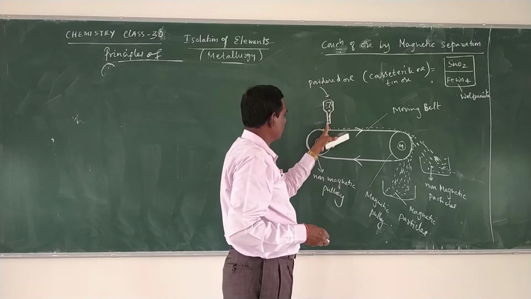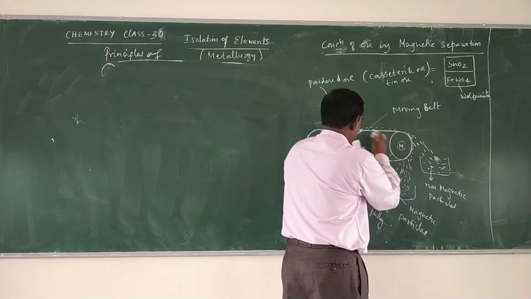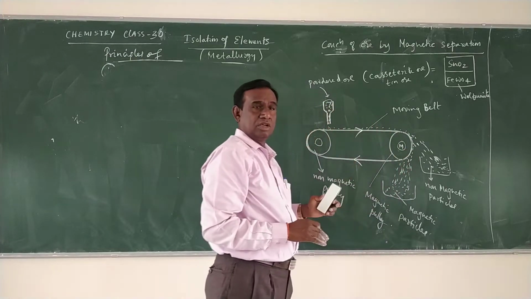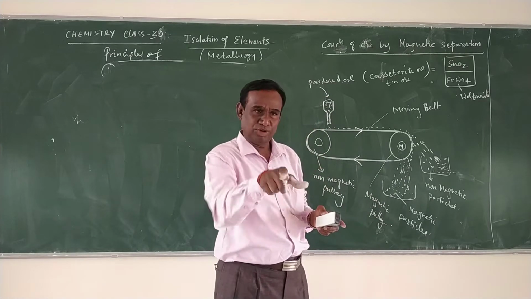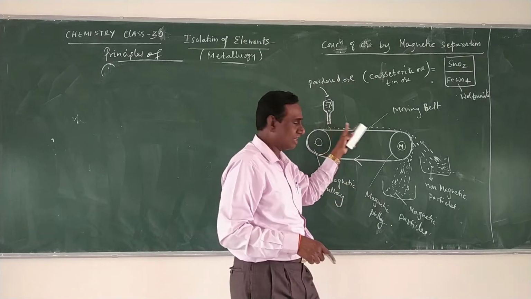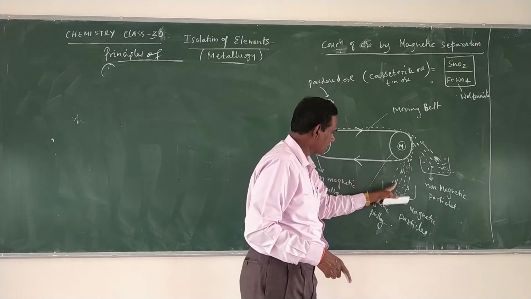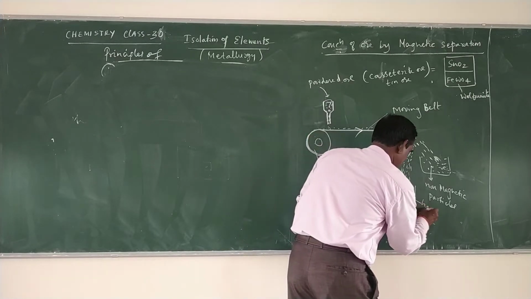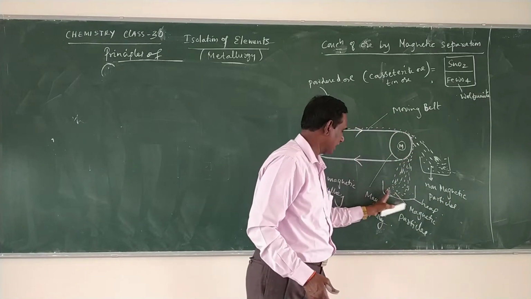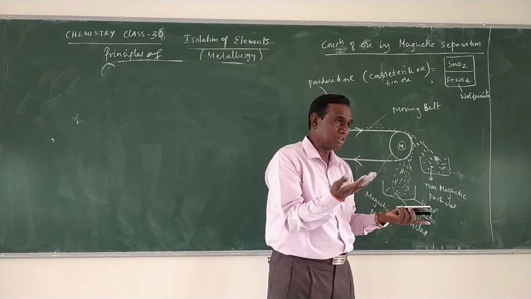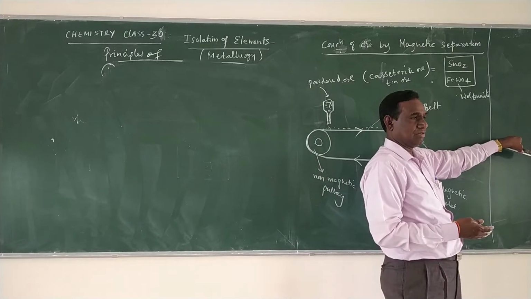Now, when the powdered ore which is dropped on the bed moves slowly along with this bed, it comes to the magnetic pulley. We know that this powdered ore contains magnetic particles and non-magnetic particles. So magnetic particles are attracted by the magnetic pulley due to the magnetic field, and fall as a heap near the magnetic pulley. So these magnetic particles are collected. But non-magnetic particles are not attracted by the magnetic pulley. So they fall separately, like this.